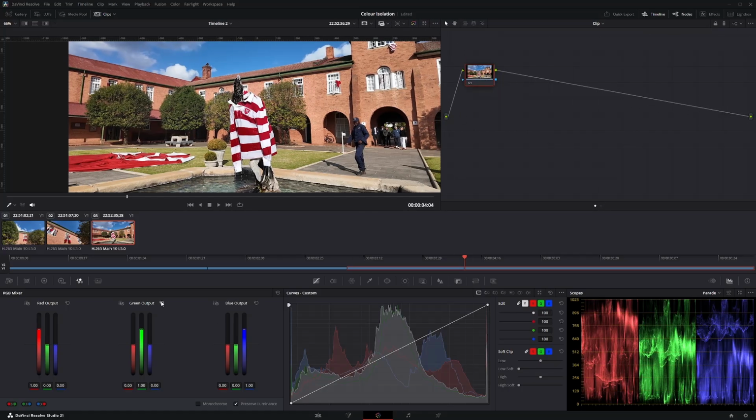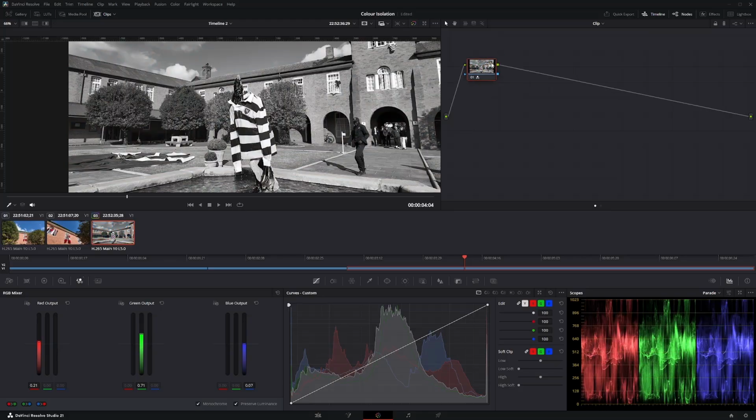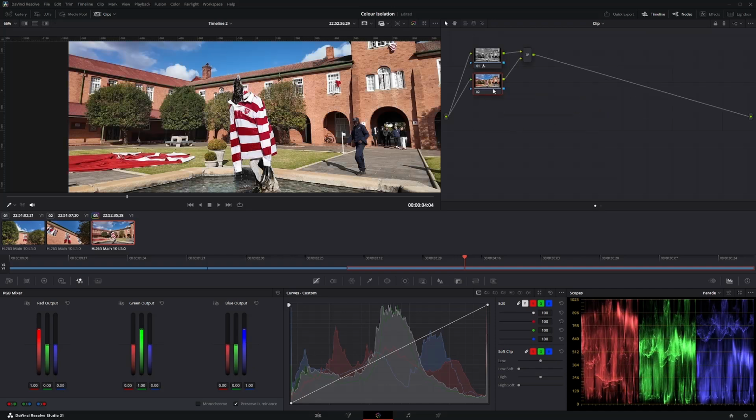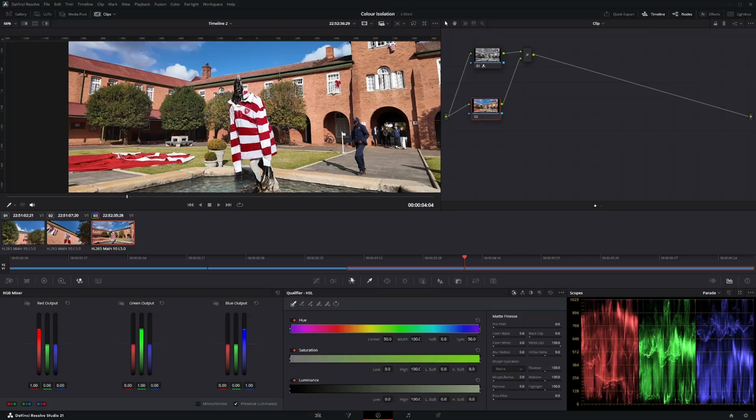And we are then going to go to our RGB mixer. So it's this over here on the right. We're then going to click on monochrome on this particular clip over here. And then we're going to add a layer node. You can also use Alt L to add a layer node, or you can just right click and add layer node. Then we're going to go to the qualifier over here